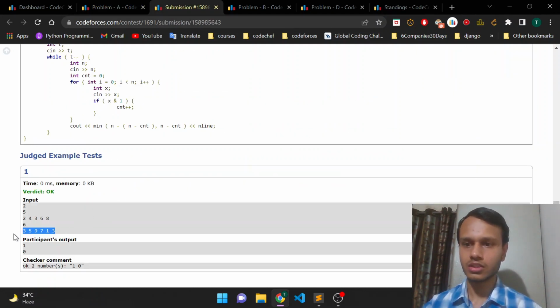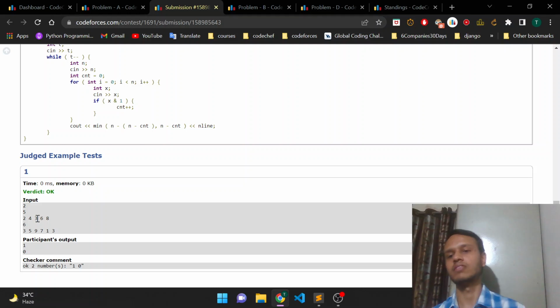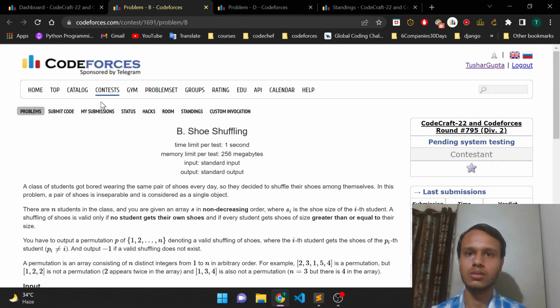Or here, four numbers are even and one is odd. That's why we are outputting one, because if we somehow change this 3 to an even number, then we will have a perfect sequence. Good. Then problem B,